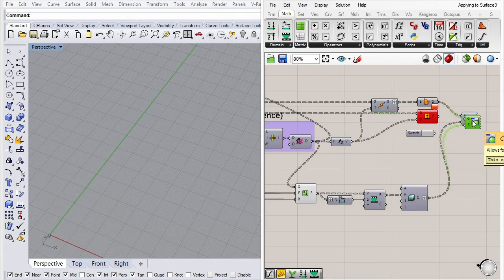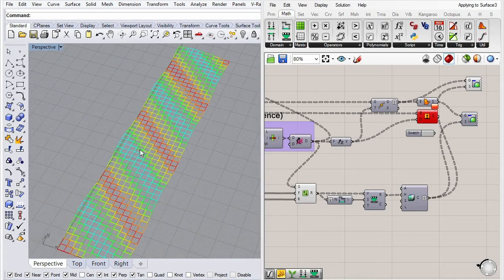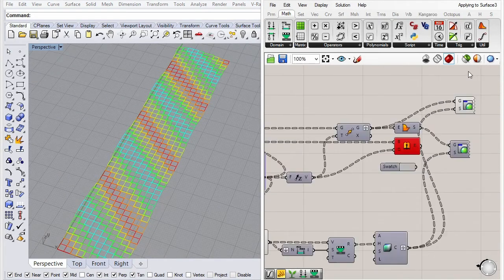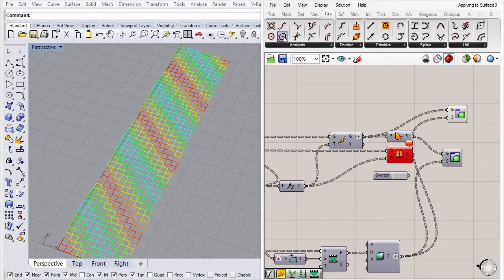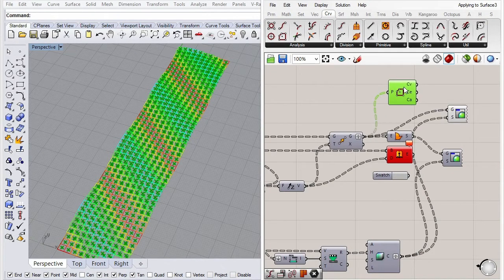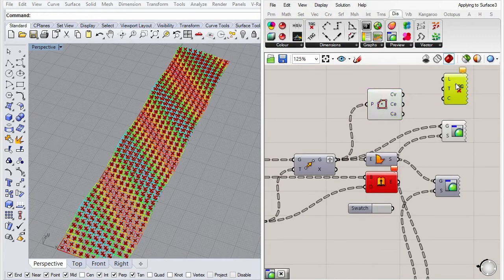And visualize the cells as the individual color, or create points for each cell, and display the actual index as colored text.